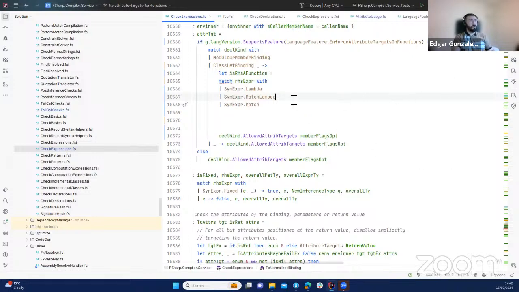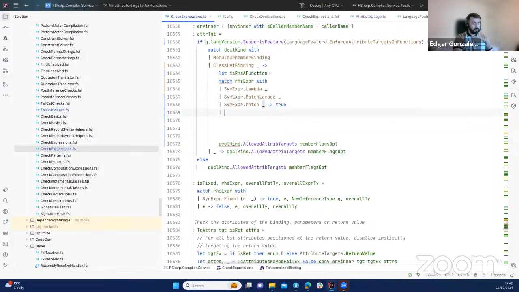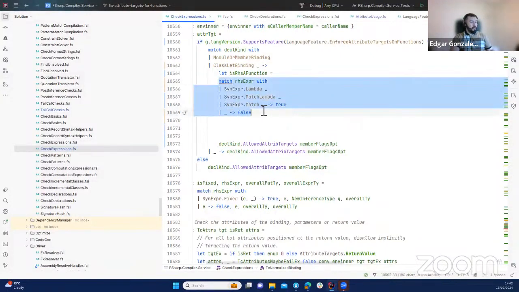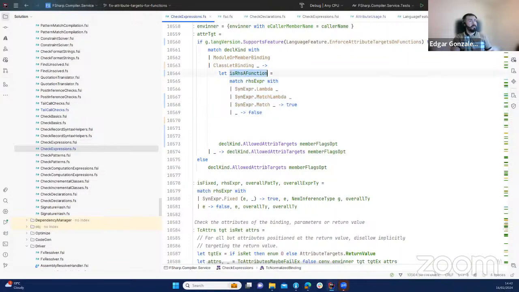All right, so I will say that discard this result, match the Lambda, discard this. This is going to be a true for now, and then the rest I'm just going to say false for now. All right, this needs to be indented. And for now,